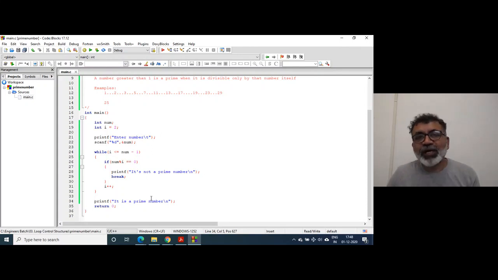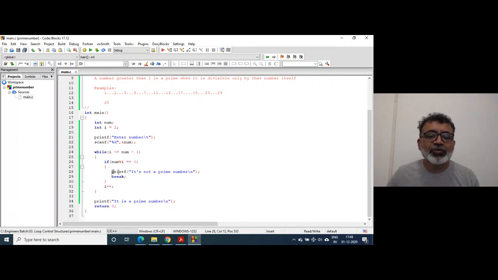The problem is that when you enter, suppose, 6, this loop will be executed between 2 and 5, number minus 1, that is 5. When I is 2 and the number is 6, num mod I, that is 6 mod 2, is 0.